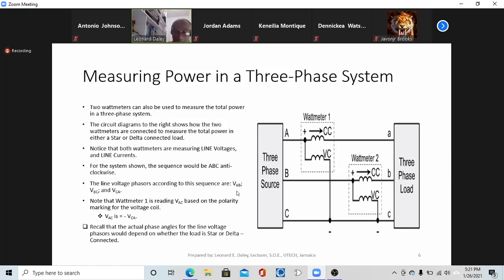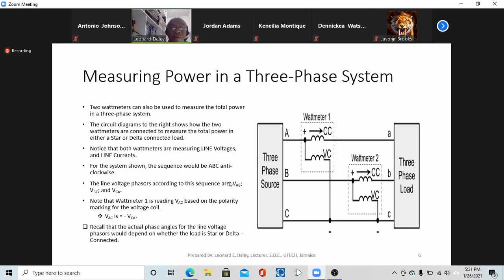But basically it's just names. They are basically telling you the same thing. All right, so our sequence for these line voltages would be VAB, VBC, and VCA